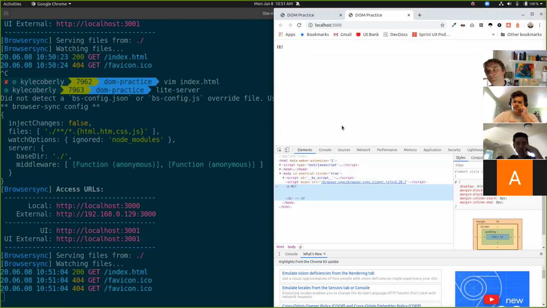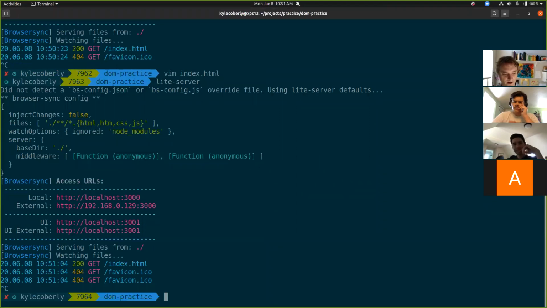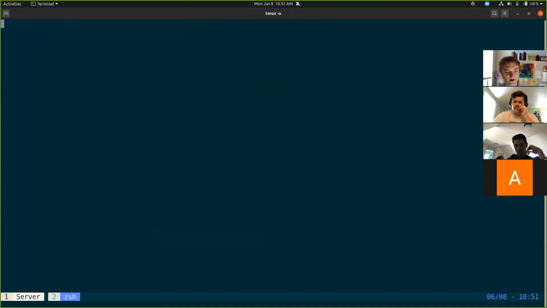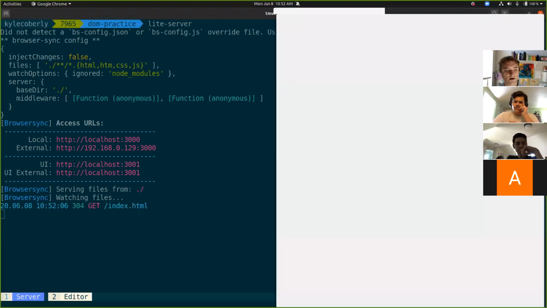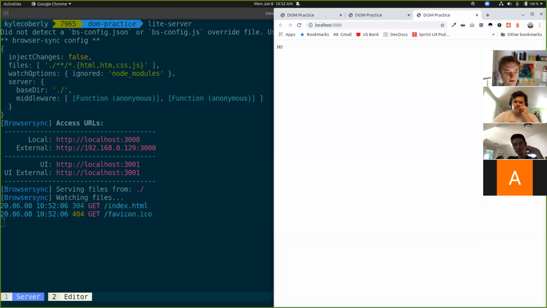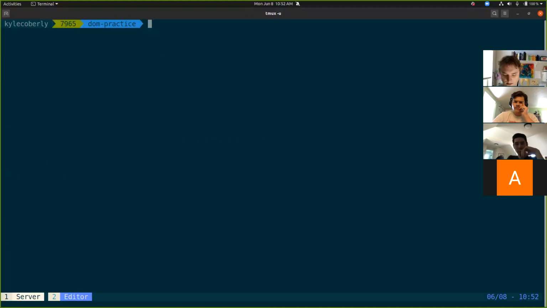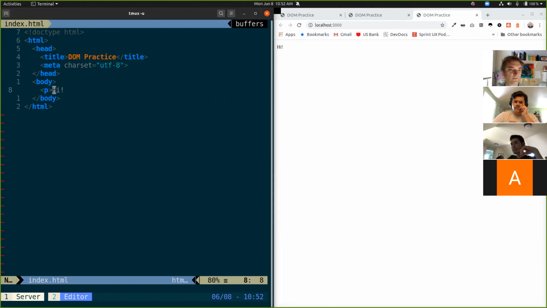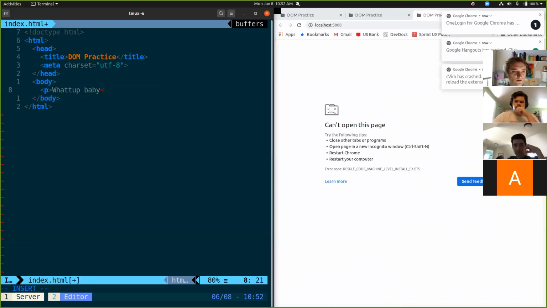What other questions do you have about what the DOM is? Do you have to run light-server every time you change your .html file? No, it'll refresh, but I'd have to run it in 2 tabs. So I do the server here, and if I go over, I can run light-server over here, and it'll run that live. And now in my other tab,